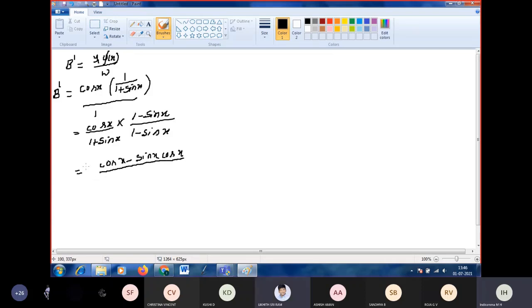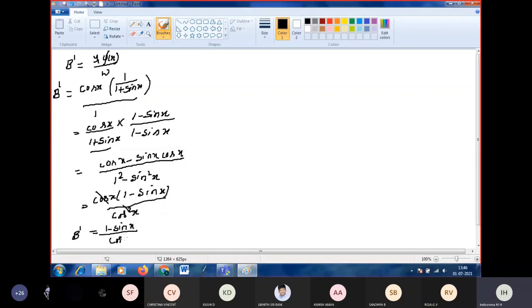And by keeping cos x like that only, in the denominator we get cos square x. Yes, we can. What is (1 plus sin x) into (1 minus sin x)? 1 square minus sin square x. What Likit is saying is, madam, you keep cos x as it is in the numerator instead of multiplying, because the denominator becomes cos square x, we can cancel one cos x and one cos x. Is it right, Likit? Yes, ma'am. So we got b dash as (1 minus sin x) by cos x.